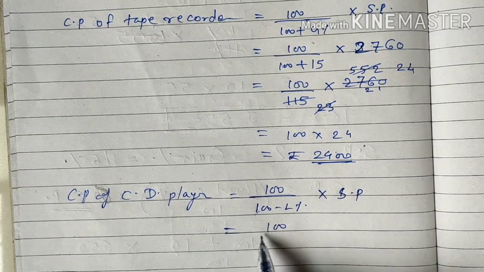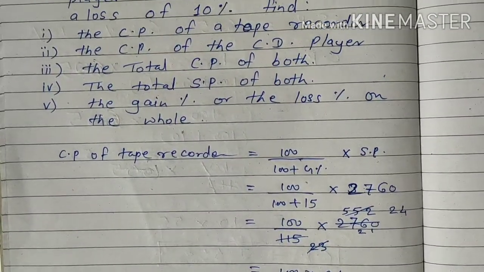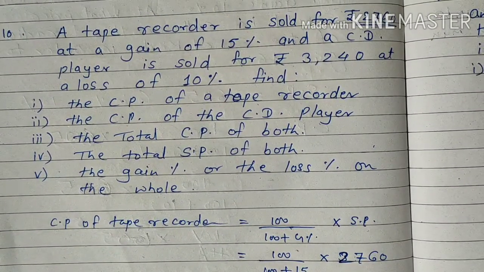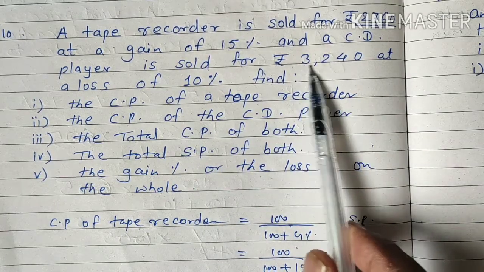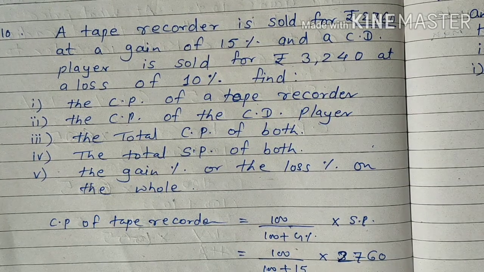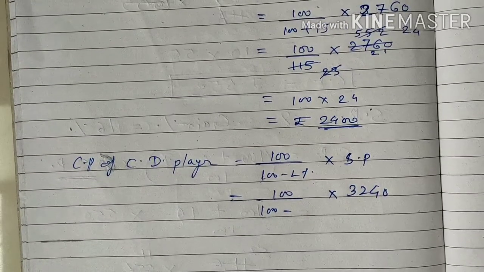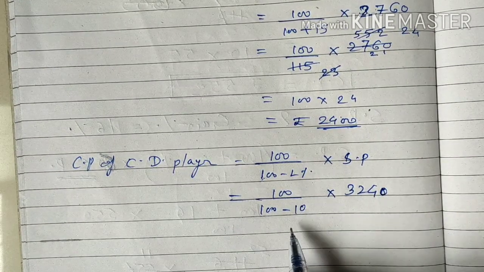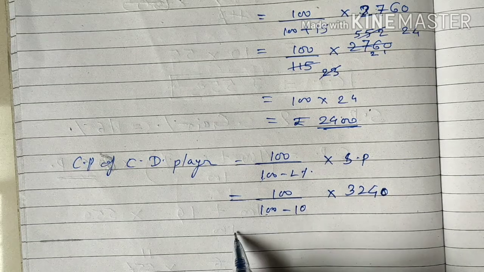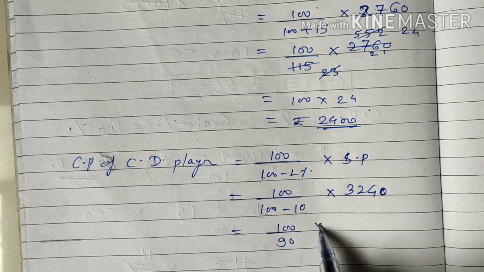How much is the loss percent given to us in our question? Sold for 3240 means the selling price is 3240, and the loss is 10%. So here we can write 10. This is the selling price of the CD player. 100 minus 10 is 90, multiplied by